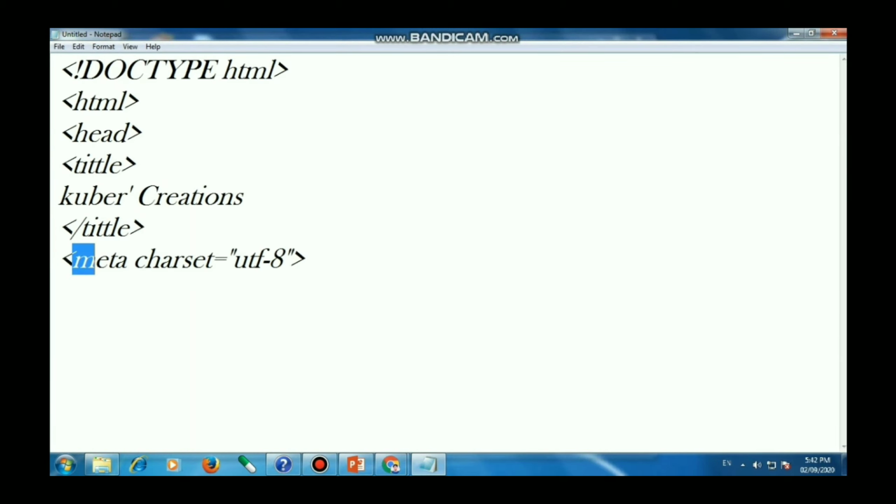On the next step, meta charset equals to UTF-8. Then meta name equals to author, content equals to physical tag.